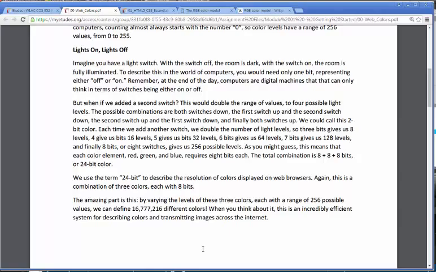So going through this, 3 bits gives us 8 levels, 4 gives us 16, 5 gives us 32, 6 gives us 64, 7 gives us 128, and finally when we get to 8 bits, we get 256 possible levels. That was a lot of math, and it's not critical to anything that we're doing, but that's where we get